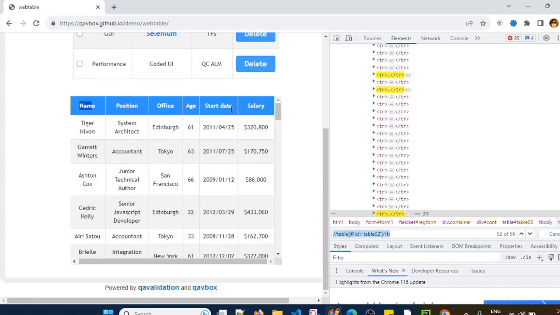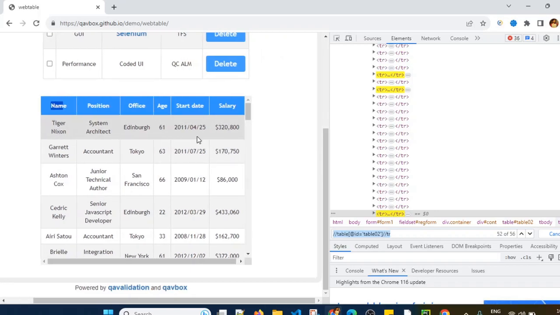So if we can find out how many TH tags are there, that will give us the count of columns, because the number of TH tags is the same as the number of column headers, which is the same as the number of columns. That is the thing which we have to remember.